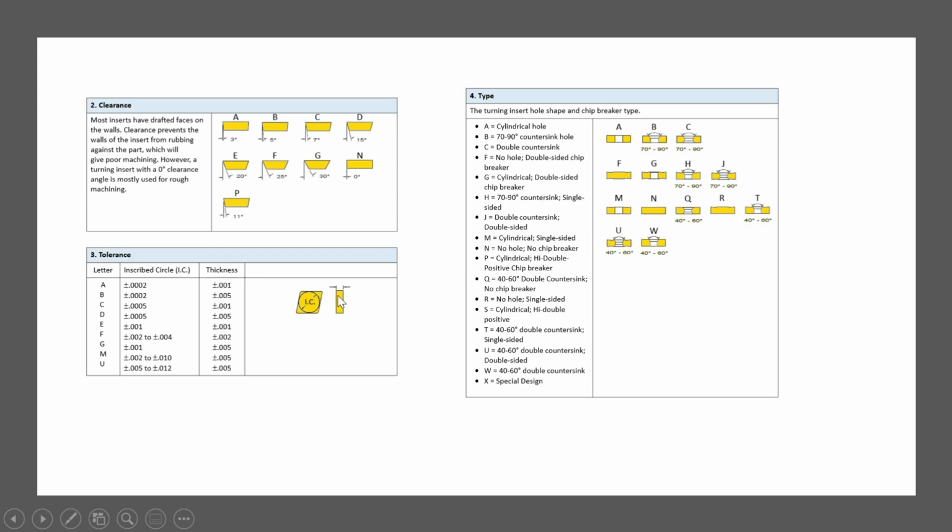If you consider the thickness as 5 mm, then the tolerance for thickness will be plus minus 0.005, and if the IC is, suppose, 6 mm or 7 mm, then the tolerance for that will be plus minus 0.002 to plus minus 0.01. So this is the third character.